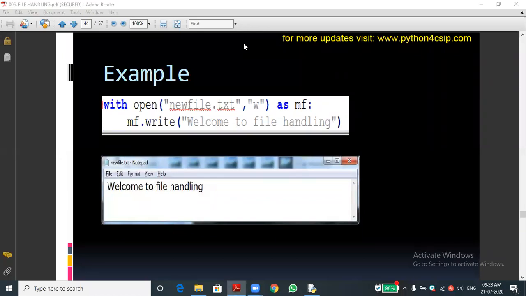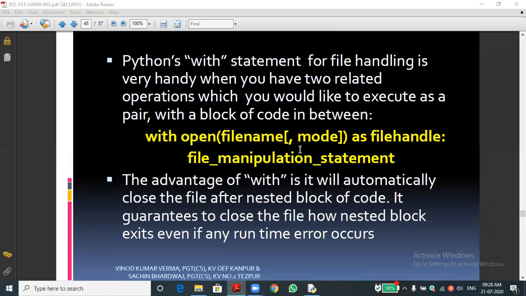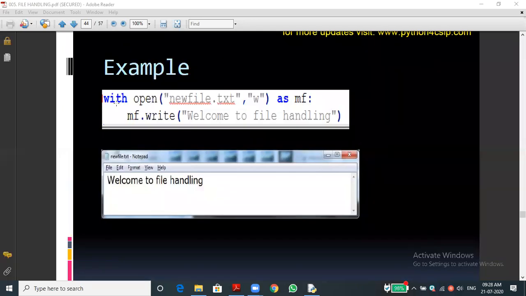You see, with the file object, we are opening the file. That is, we are writing the content into the file. It is another way to open a file. Can you see this example, the with statement? With open, that is the open function, with open of file name comma mode, then as, and then the file object. Whatever object we give, then a colon, that is very important.